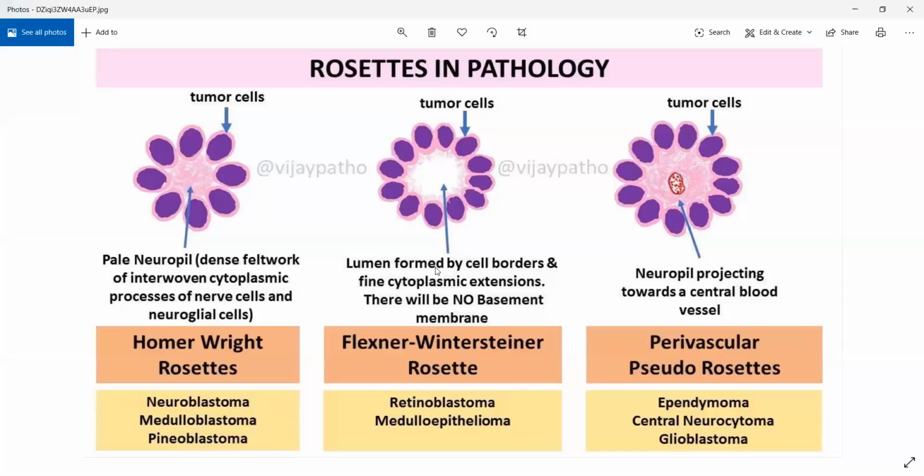See the third image from the left, लिखा हुआ है ना, perivascular pseudo rosette. So around a central blood vessel, you will have tumor cells that are getting accumulated. You will have neutrophils in that area, and you will have tumor cells that are forming a rose-like structure. ठीक है, उसको pseudo rosette बोलते हैं. It is not a true rosette. Perivascular pseudo rosette बोलते हैं. ऐसा ऐसा भी आता ependymoma.